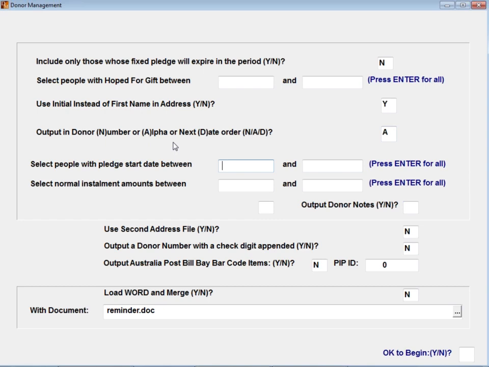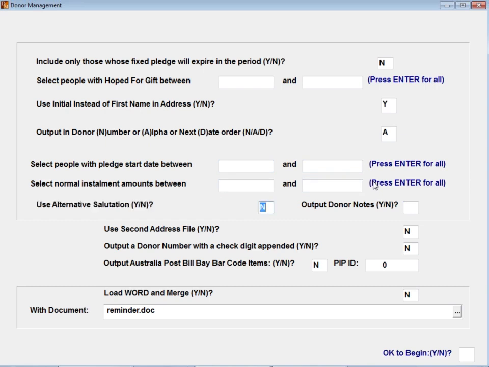If I wanted to do a list of people that had signed up for a pledge between certain dates, then this is where I could skip the dates on the first screen, and I'd say I'm just looking for people who started a pledge between date 1 and date 2. If I just enter, as it says on the right-hand side here, this will be basically for every pledge record and not caring. The same sort of thing, if I wanted people with particular installment amounts between dollar and dollar, then I could put those in. In this case, I'm saying, no, I'm not really worried about when they started or how much they're giving.